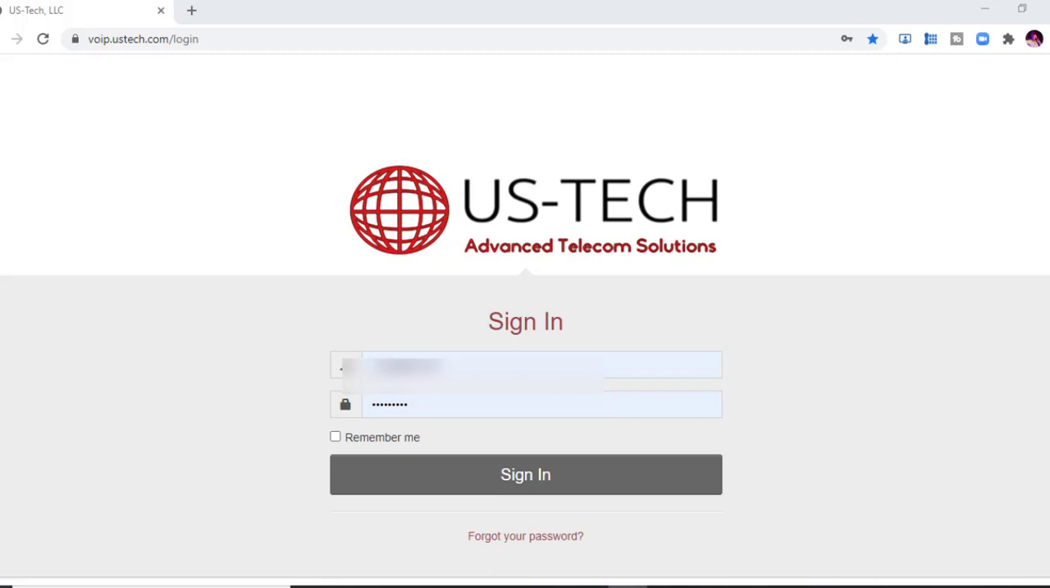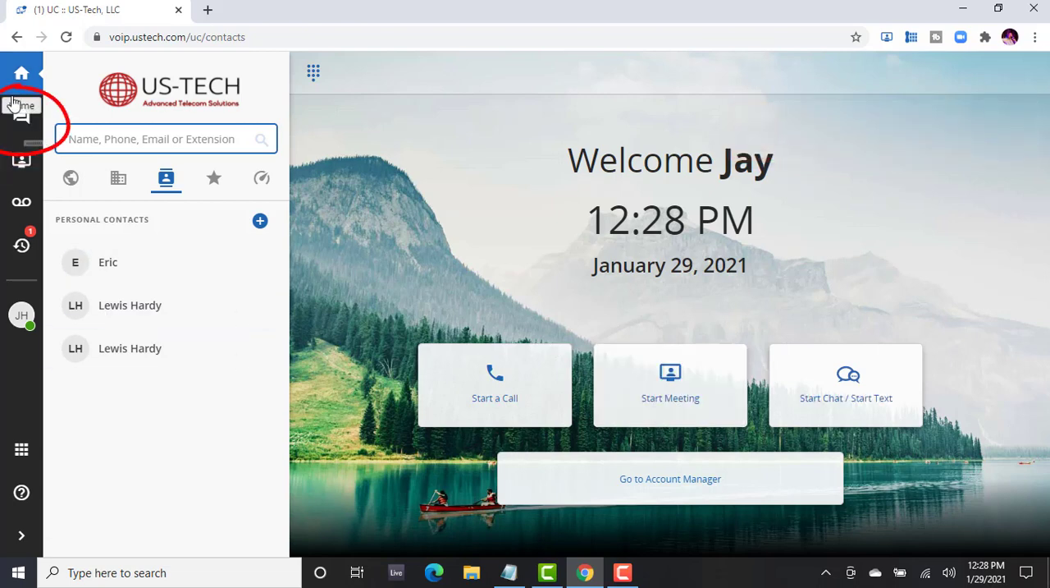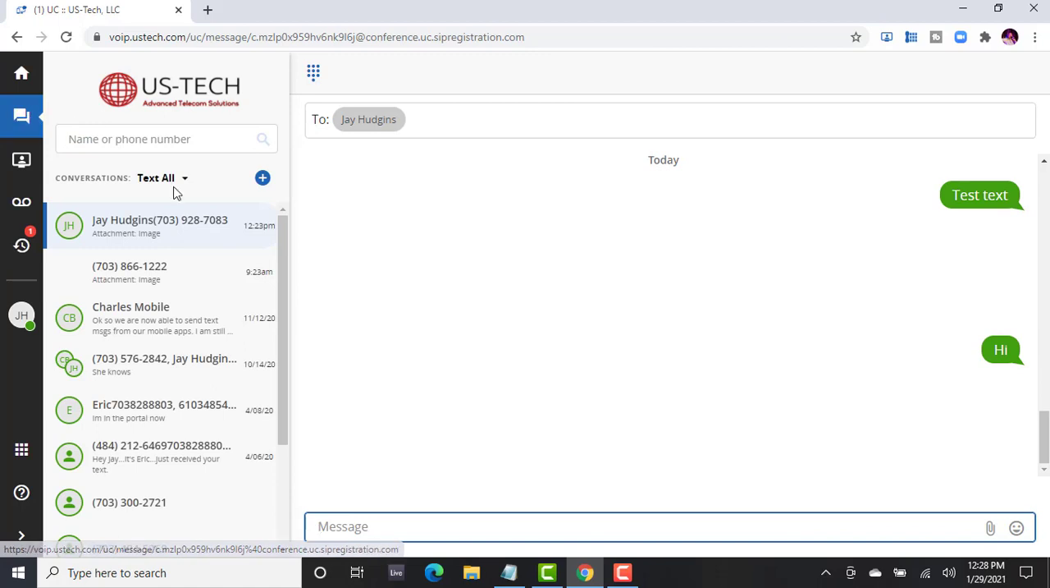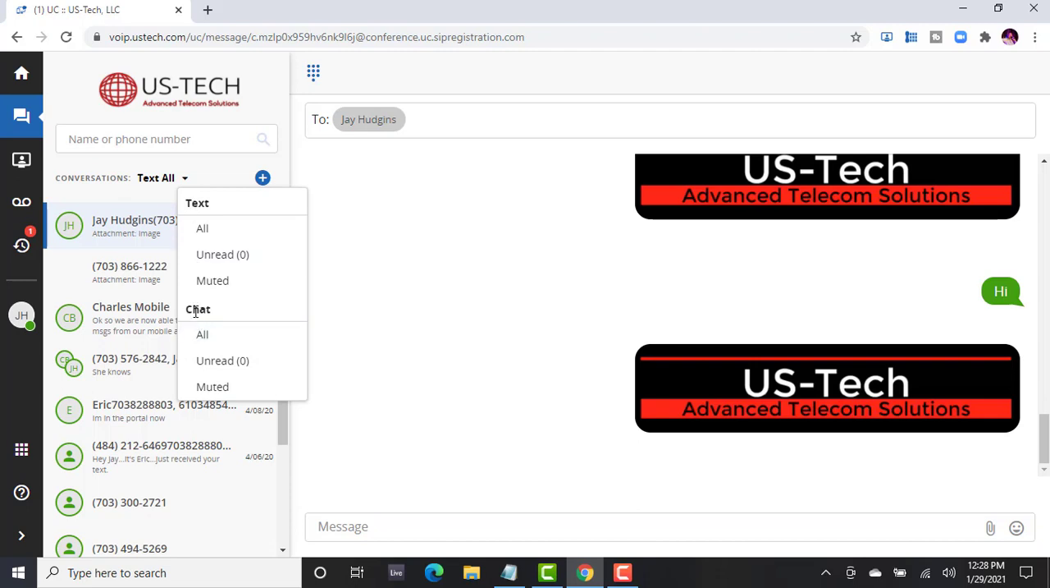The first thing you want to do is go to voip.ustech.com, our URL, enter your username and password, which will be provided by your admin or a USTech support tech. After you get to the welcome screen, go here to Messages. You can then use the drop-down window to select text or chat. We're going to select text for this demonstration. You can choose from these messages here